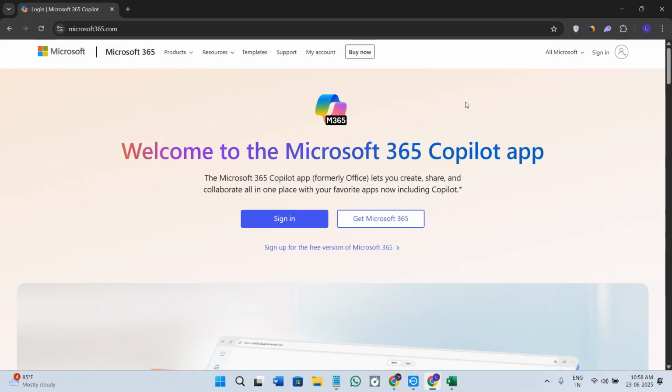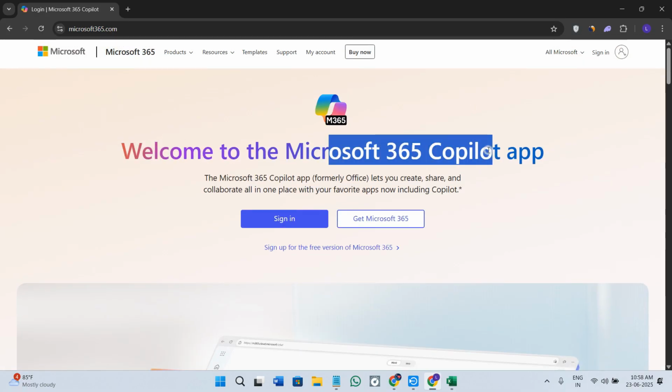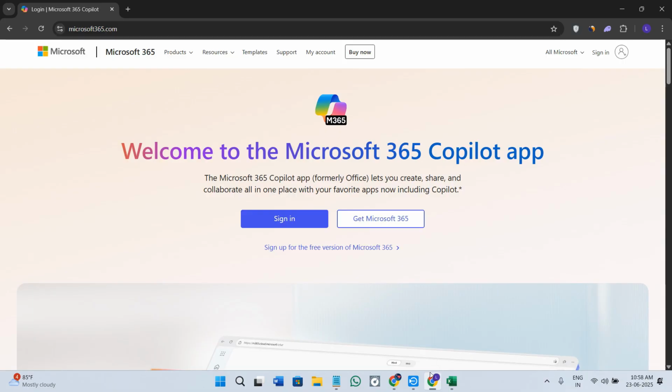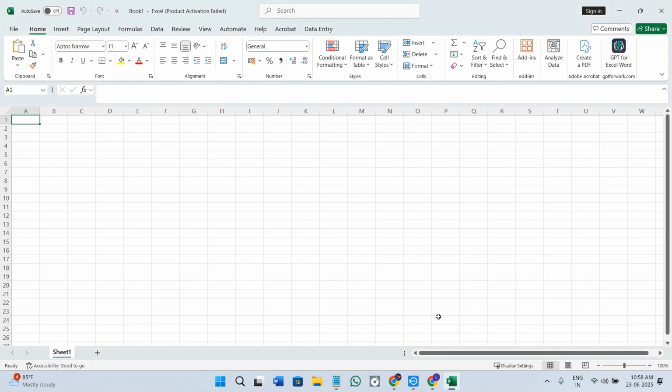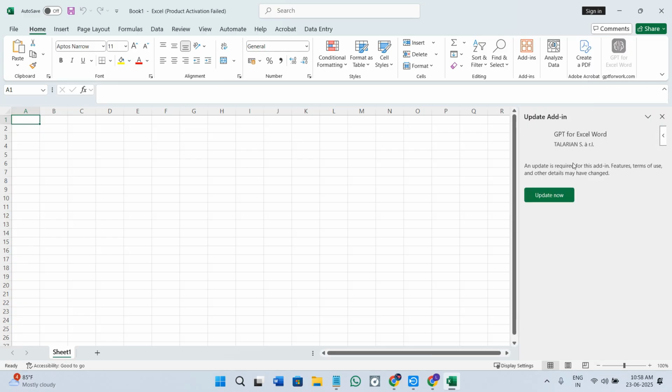Now once you see that your plan includes the Copilot version in it, you need to simply launch your Excel application in your mobile. Over here you need to look at the top right hand corner of the screen. Currently in my Excel account I have the GPT option, but instead of GPT you will see Copilot icon over here. So once you see that, you need to simply click on that, and with the help of Copilot panel